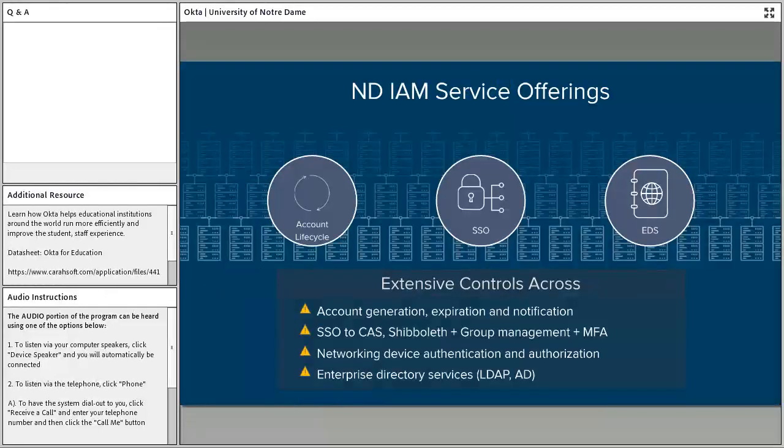Great. And your team specifically oversees the identity and access management solution, correct? Correct. And just to give you an idea of where we were and where we moved to with Okta, we have 3 primary categories of services that we support. The account lifecycle: we have what we call the account generation process that produced a single network identifier that we call the NetID. It's a conglomeration of shell scripts, Perl scripts, Python scripts, some PowerShell sprinkled in, and a little bit of C# every once in a while, with web services infrastructure